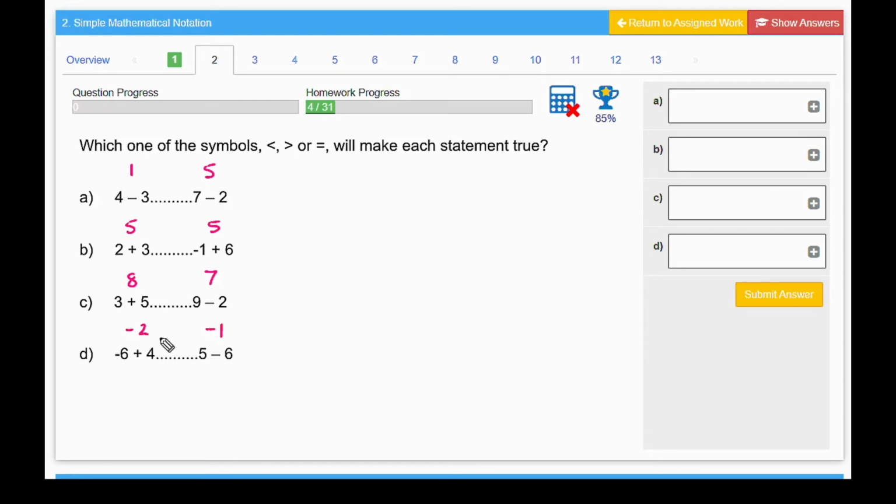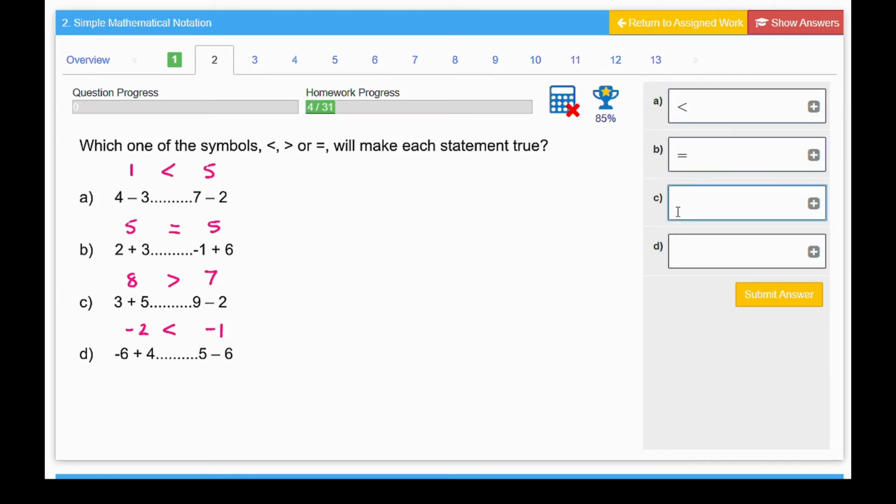So looking at the numbers I've written in pink, all I now need to do is enter these correctly in these symbols. So again, remember that the arrow always points at the smaller number. So 1 is smaller than 5. 5 and 5 are equal to each other. 7 is smaller, -2 is smaller. So what I'm then going to do is now enter these symbols in their respective positions, and